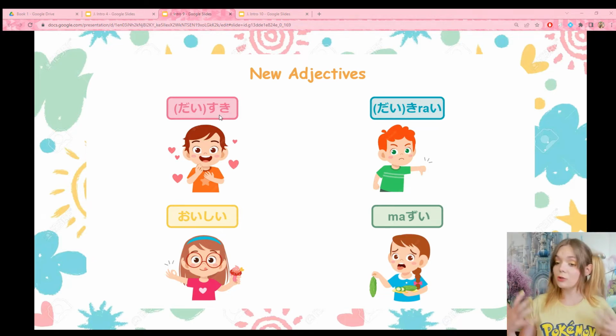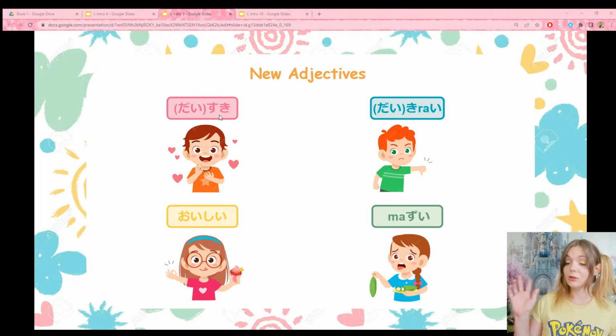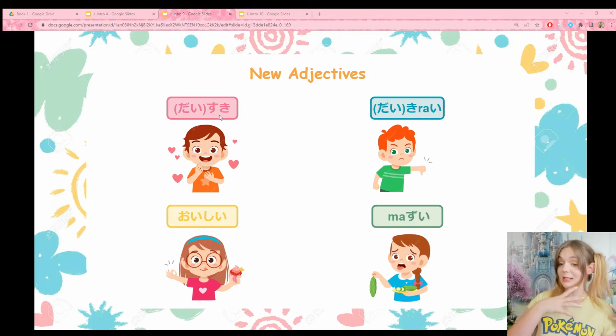But if you're going to confess your feelings to someone, these are the words that they use in Japanese because they don't use the word love very often. There is another word for that. We'll talk about it later, but it's a very, very intense emotion and it's not used very often. And even this, when talking to your girlfriend or your boyfriend, it's still not used very often. So for them, when a girl says, I like you, in Japanese, that is just as intense of a feeling for them as saying, I love you in English.